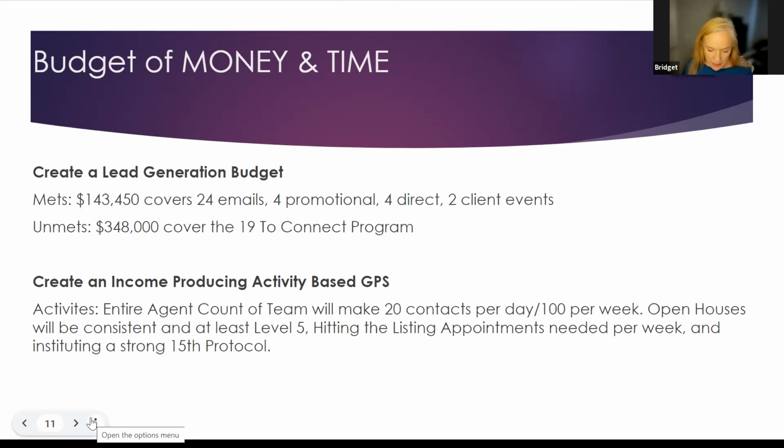You want to set up a database and you want to feed it regularly. You guys saw the numbers. Now, I only have one client that wants to shoot for 1,000 as of right now. Maybe after this, you guys will be like, that sounds fun, let's go do it. And that'll be a fun phone call next week. But really understand 2 numbers. How many people do we need in the database to achieve the goal? And how many leads do we need to identify from all sources on a consistent basis to achieve the goal? So we've got to feed it. And by feeding it, I mean meeting and adding new people all the time.